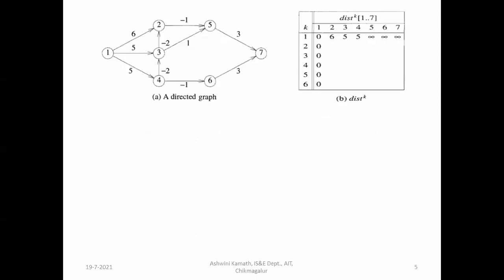So consider this directed graph. In this directed graph, you can notice that we don't have any cycle, but we have negative edges. So while solving a problem with the Bellman-Ford algorithm, always check whether you have a cycle. If you have a negative length cycle, then the problem you are going to solve has no solution because it will go to infinity. So always check whether it has a cycle or not. If it has a cycle, don't try to solve it.